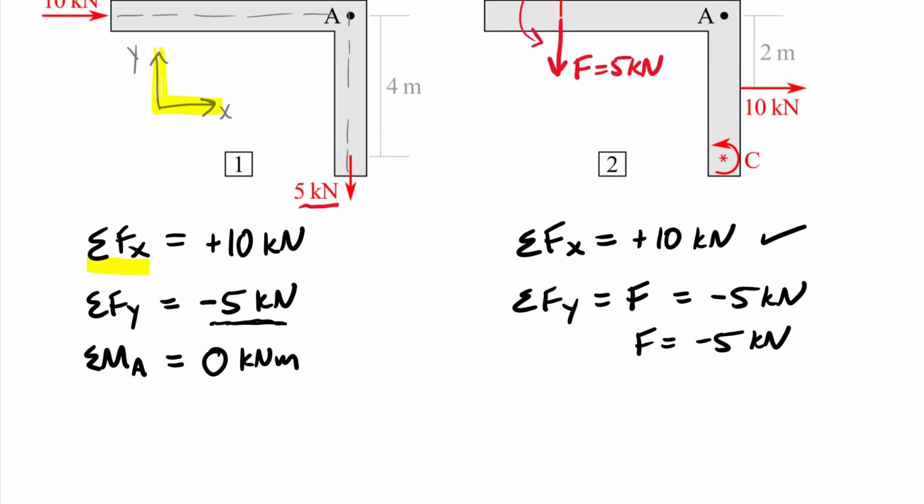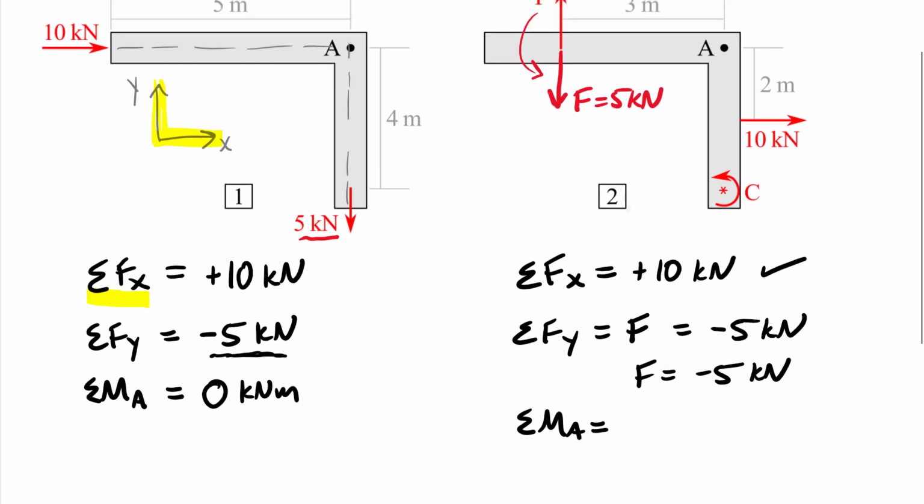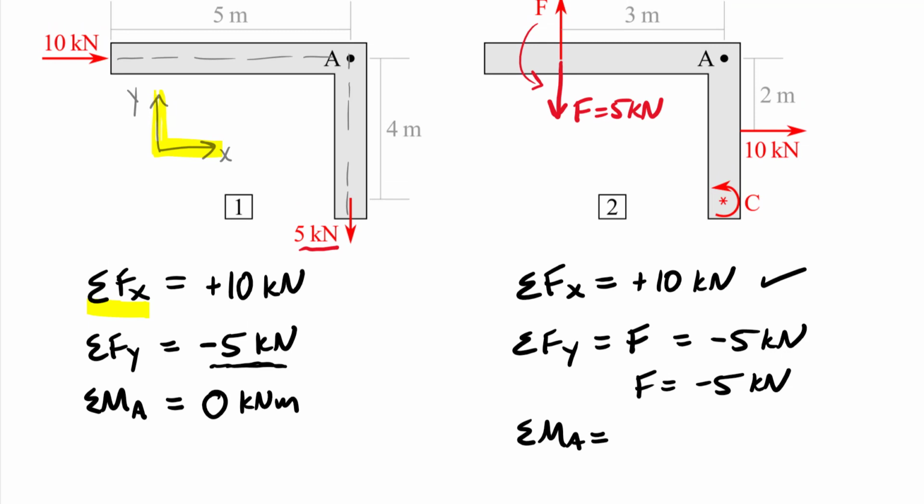And then the last step here is to sum our moments. So summing moments about point A. Now this one will create some moments. I have a 3 meter distance. I'm going to use the known value here of F going downward. So that will give me 3 times 5. And from the right-hand rule, that sign is positive. Your thumb should come out of the screen. And then the 2 meters times 10. So 2 times 10. And that one's going to be, from the right-hand rule, 2 crossed into 10 is also positive. So basically I have 15 plus 20 plus, and I'm going to assume on this one it's unknown,